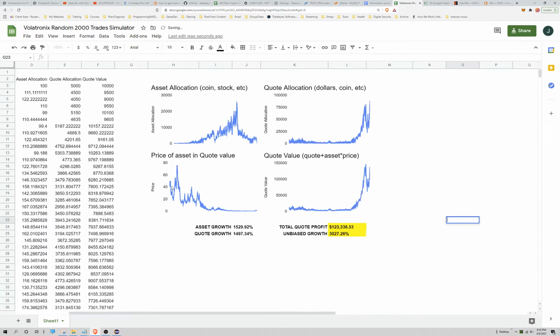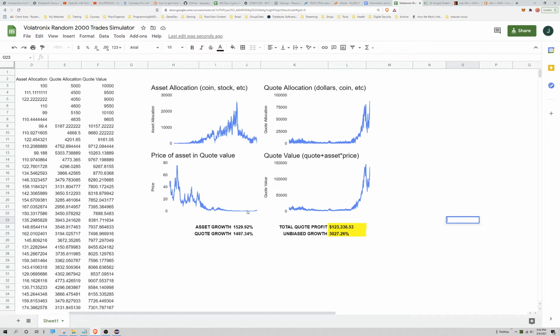And reload. Another crappy, unrealistic price chart where, if you were to zoom in, I don't know if you can see this, but at the end there is a definitely noticeable uptick in the price right here. And that little tiny tick, because look, right here under asset allocations, we had like 25,000 of them. And as the price started going up near the end, we were selling them. And that's why we have such a huge profit explosion at the end. So that's how the system works.